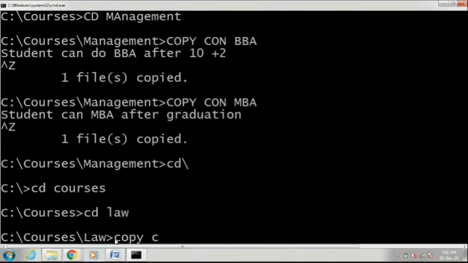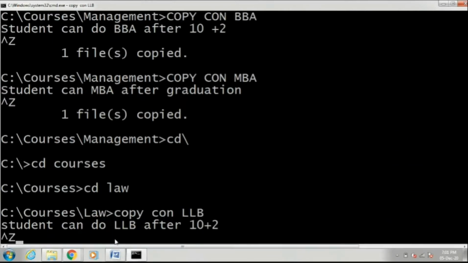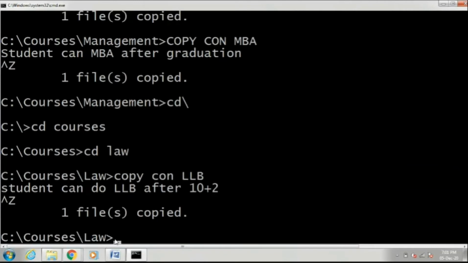copycon LLB. Student can do LLB after 10 plus 2 or graduation. Control Z and enter. This is random data I am entering. You can enter anything as per your wish.